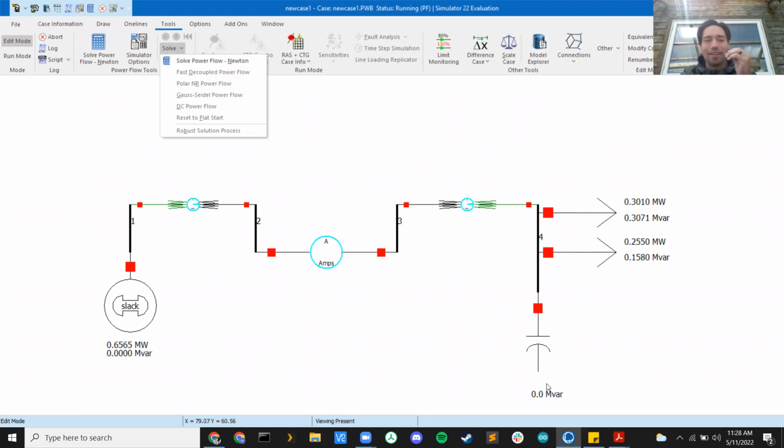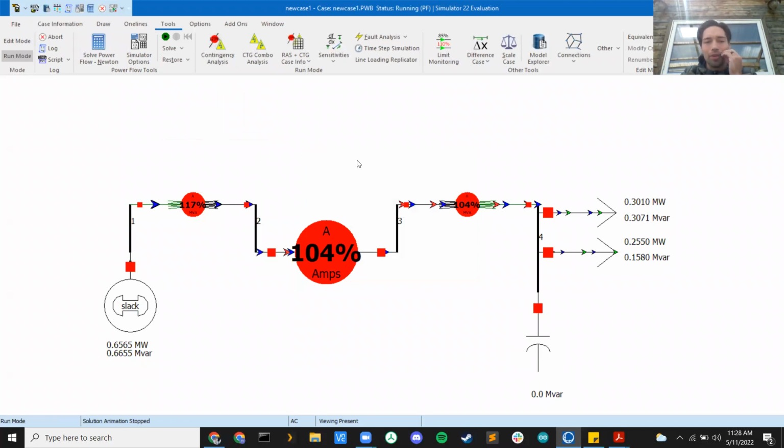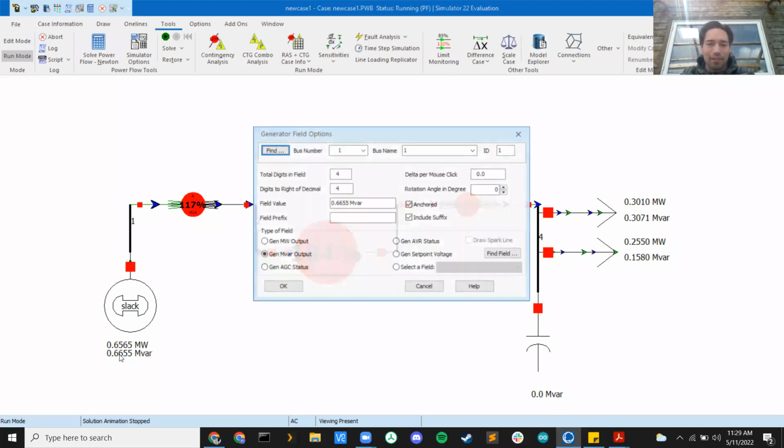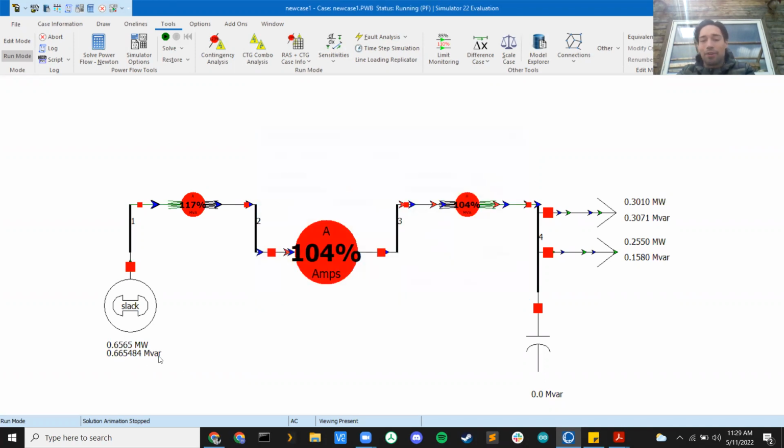It's not doing anything. What we want to do is solve our power flow Newton, and on our generator end, it's going to tell us the Mvars that it's putting out. There is, I'm sure, a better way to do this with calculations. However, the lazy way, without having to calculate anything, is, I'm going to put more sig figs here, we're just going to use this value that our generator is giving us, and we literally take that value, come over to our